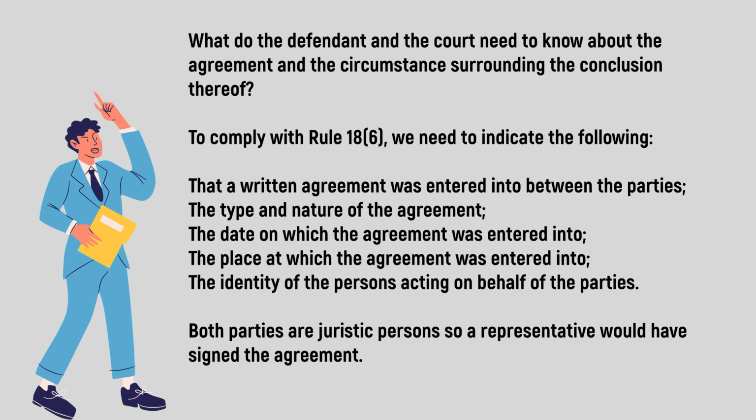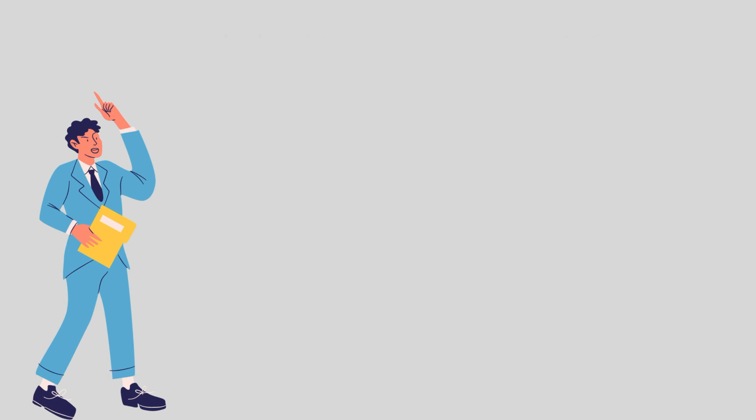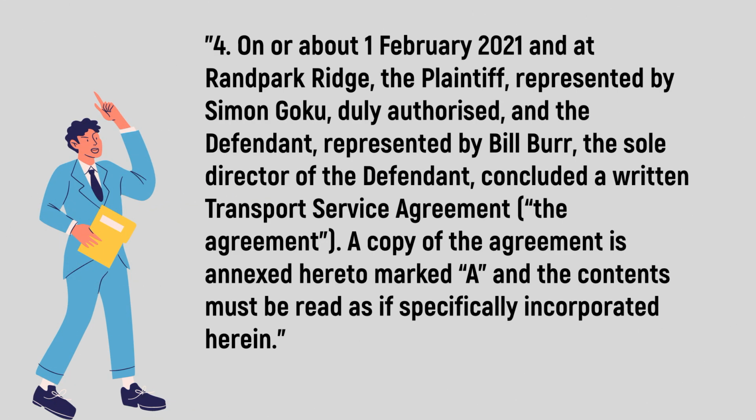Remember, both parties are juristic persons, so they cannot physically sign an agreement. A representative of each party would have had to sign on the juristic entity's behalf. I like to get all of the above out of the way immediately in the first paragraph, being paragraph 4